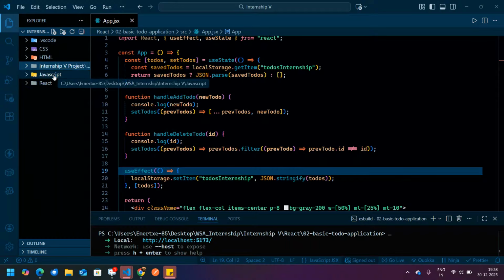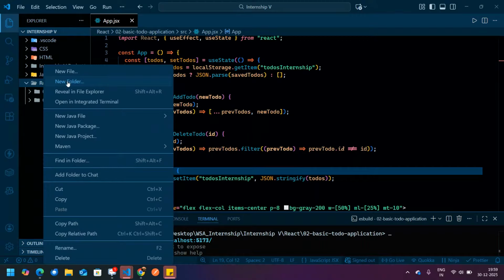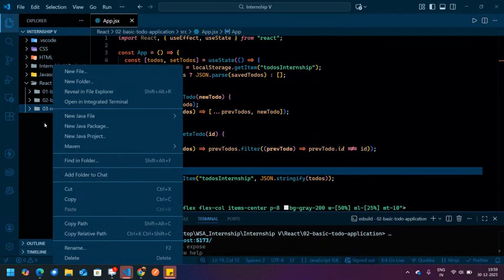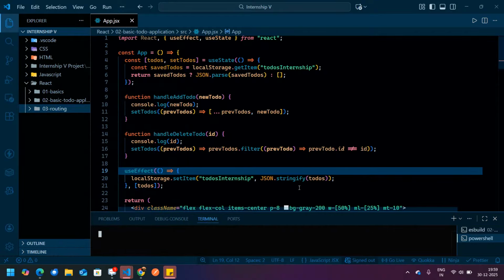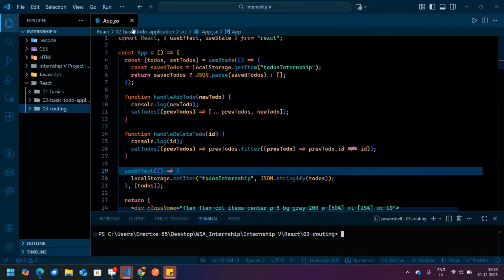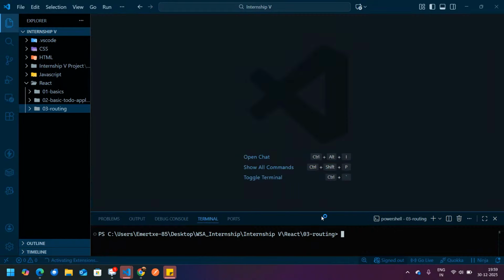We'll go to React, right click, create a new folder, 03 routing. Right click, open an integrated terminal. Before this, I'll close this one, and I will delete this one. I'll close this also.